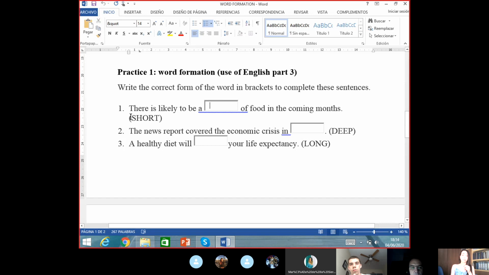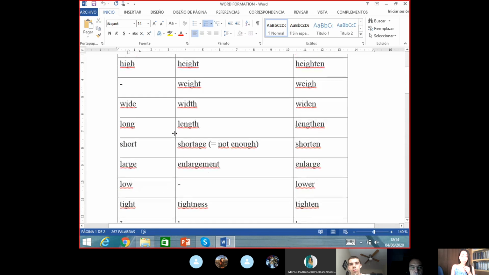So for short, it can be short or shortage or shorten or the verb conjugated, shortened, okay? So this is word formation, changing the grammatical category of the word so that it fits into the corresponding